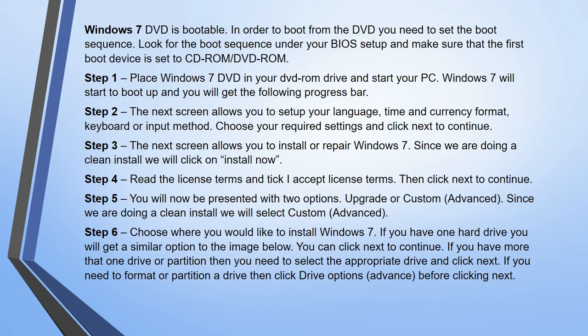Whenever you are installing the Windows operating system on a system, you have to collect the software related to Windows, any version which is supported by your system. That may be Windows 7, Windows 8, Windows 8.1, Windows 10, etc. After collecting the software, you have to install it on your system.